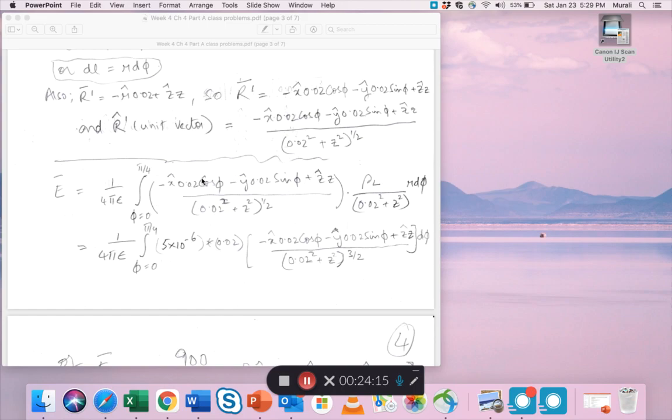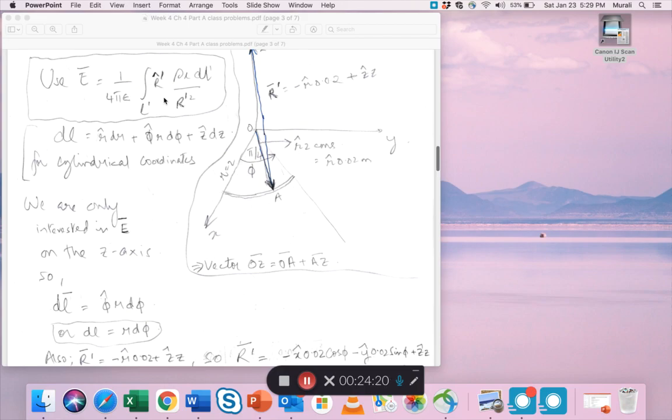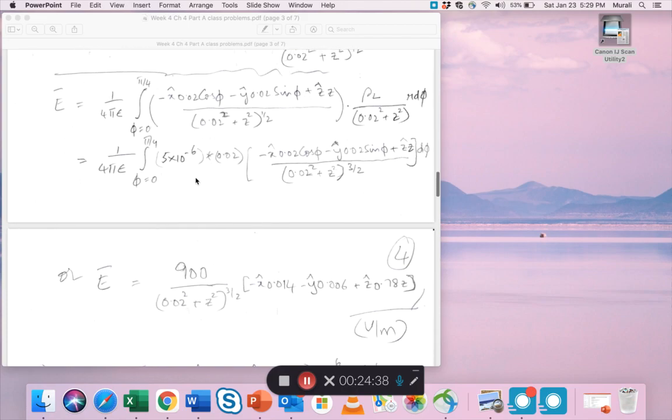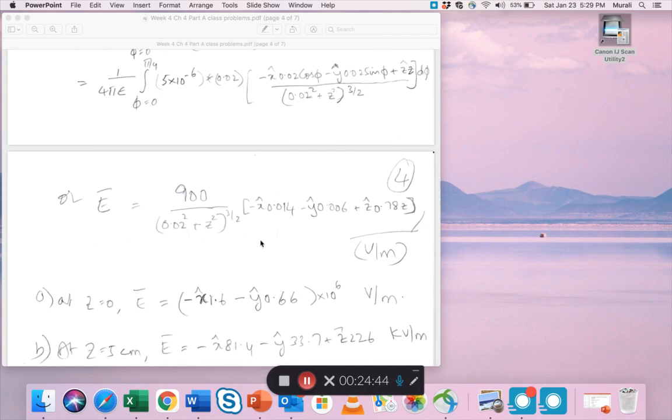Then E can now be found using this formula, right? You need the unit vector, then you multiply by all of this and you integrate. So integral phi equals 0 to pi by 4, there's only one variable, which is phi in this case, this unit vector times the rest of it. If you do that, after some jugglery and some complicated formulaing, it comes out to be this value, 900 by 0.02 square with a 3 by 2, and then this